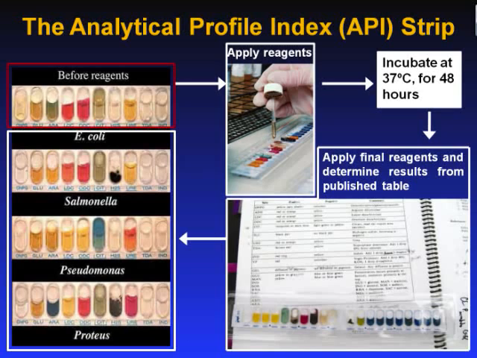Some of the tubes are to be completely filled, for example, tests CIT, VP, and GEL, whereas others are topped off with mineral oil so that the anaerobic reactions can be carried out, for example, tests ADH, LDC, ODC, H2S, and URE. The strip is then incubated in a small plastic humidity chamber for 24 to 48 hours at 37